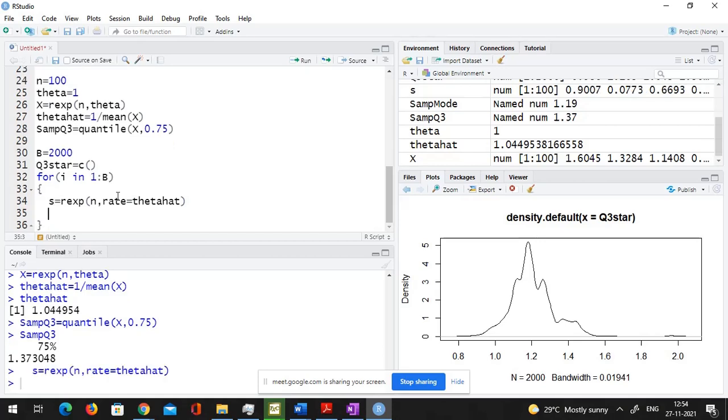And then Q3 star at i will be the quantile of s at 0.75. Is it okay? Can you see where the difference between parametric and non-parametric bootstrap lies? Yes, ma'am. So let me run this.